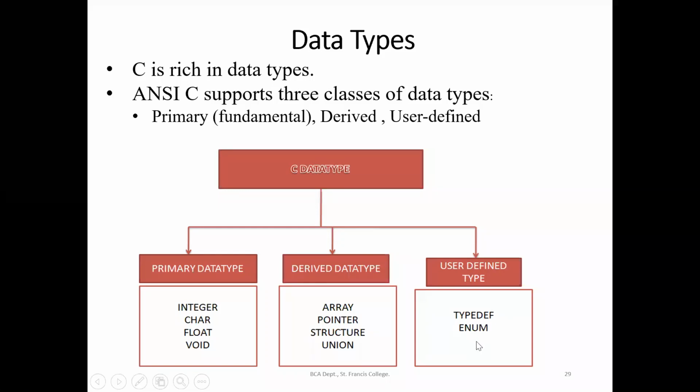So is it clear? I'll be asking questions in between. Primary data type, example: integer, character, float, void. Derived data type: arrays, pointers, structure, union. Structure and union are somewhat similar. Arrays you have to study, and then pointers, and one more chapter. For all these, you have one chapter. So listen now, in this chapter we are giving only the definitions and information regarding primary data type and user defined data type. Derived data types like arrays, pointers, structure, union are covered in one chapter later on.